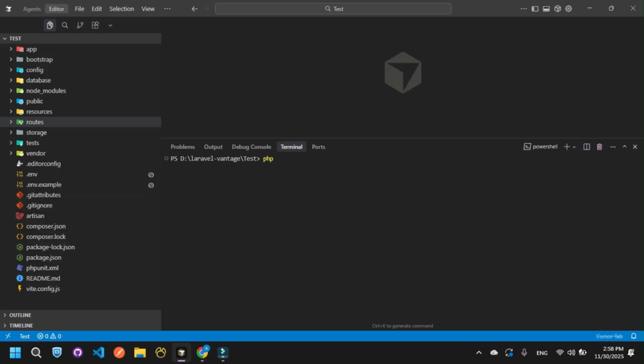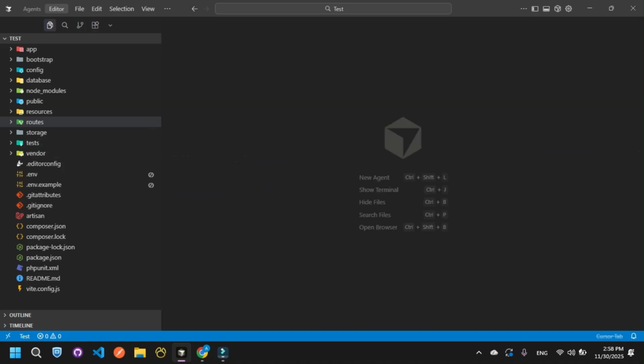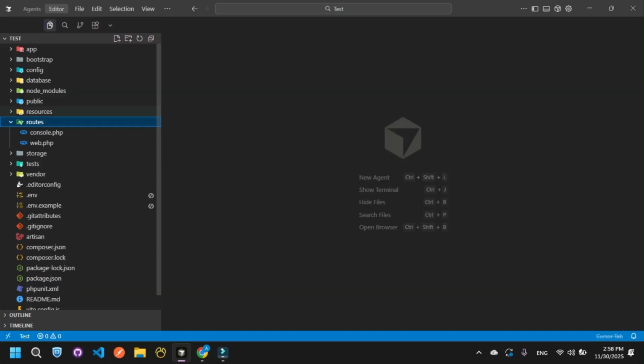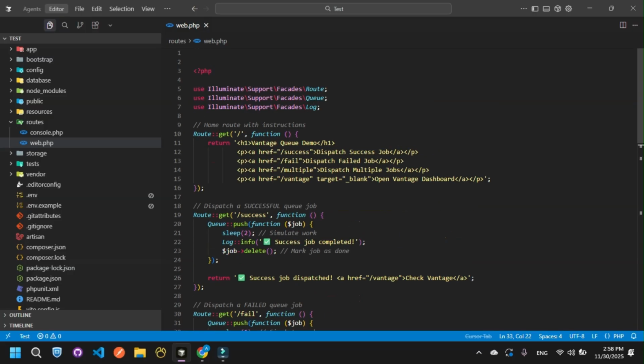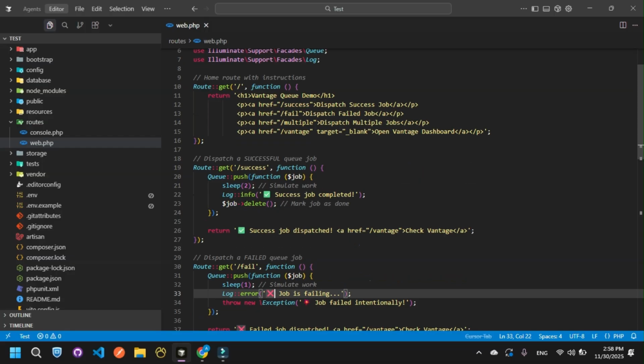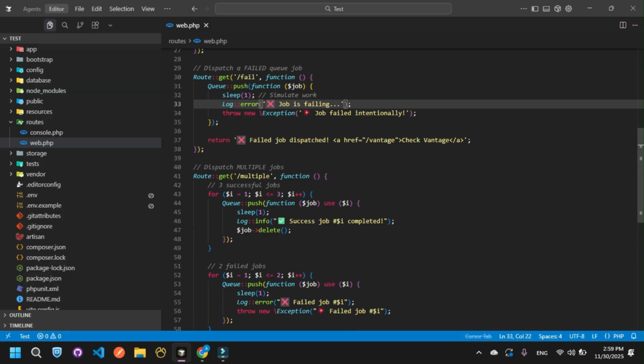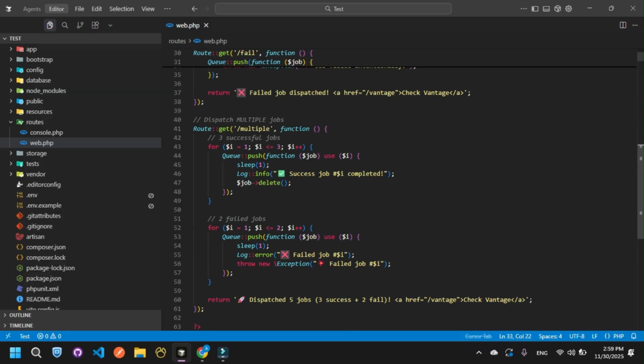So now, when you've set up Composer and run the vendor publish command, what we do is run my project using php artisan serve. Here you can see I go to my routes web.php, and in the web.php I made three queue jobs: a successful job, a failed job, and multiple jobs at the same time as well,